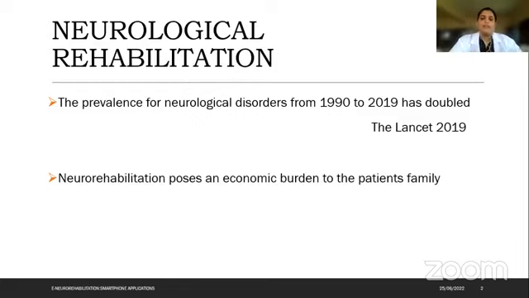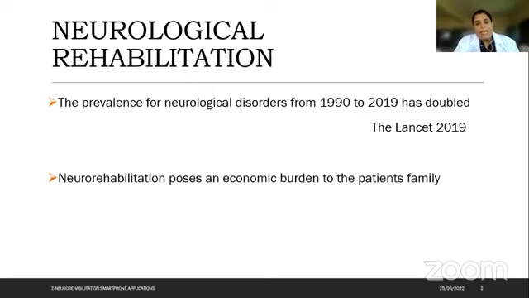Simultaneously, when we achieve a plateau phase, we as therapists also don't see much recovery in these patients. Now, how can we motivate these kinds of patients? How can we see that they continue to do exercises throughout their life? There comes technology. Technology can create an interactive, creative environment, and can again motivate the patient to perform exercises.